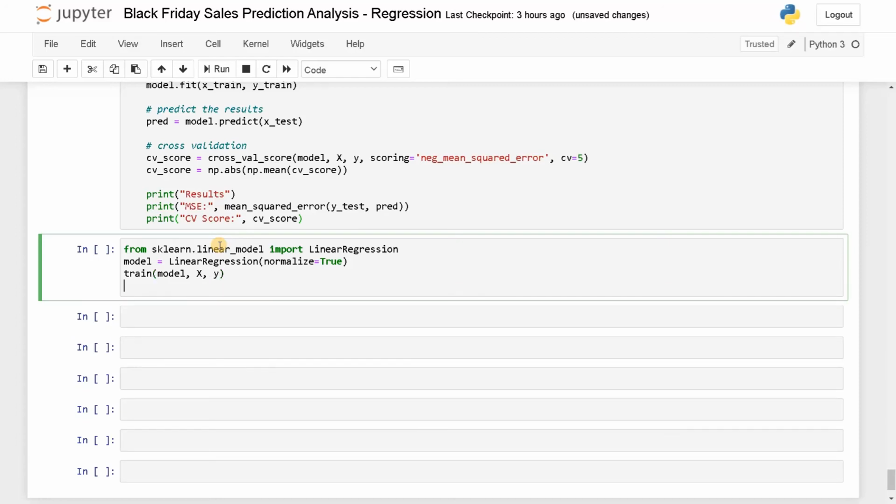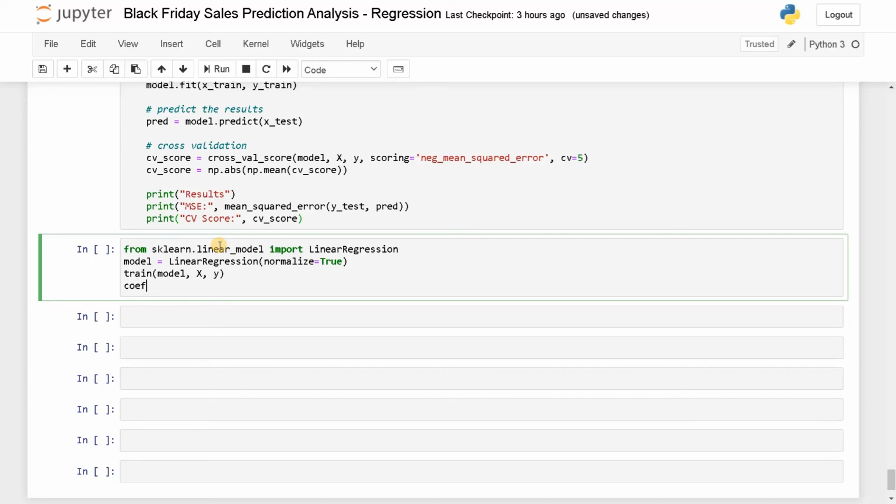Now we need to display some coefficients in order to get some feature importance of those particular attributes for each model. For each model, the coefficients will vary. For each model, it will take some attributes as important parameters and some attributes are not. If you go for linear regression, it will take some attributes as important ones. And if you go for some tree models, it will take some other values as important ones. So for each model, it will change. So we can get some inference using these coefficients.